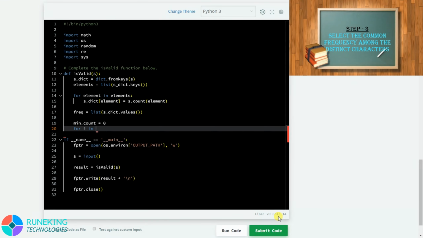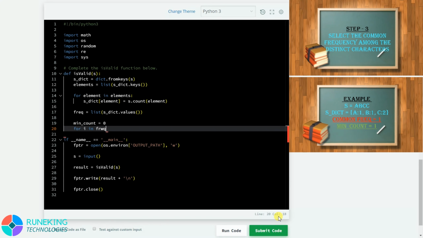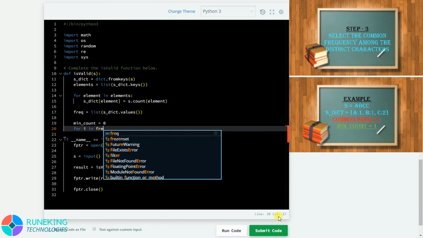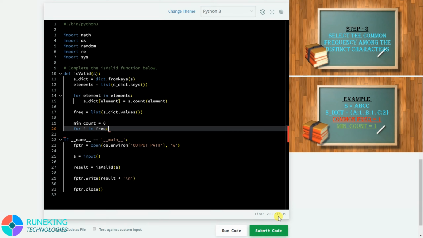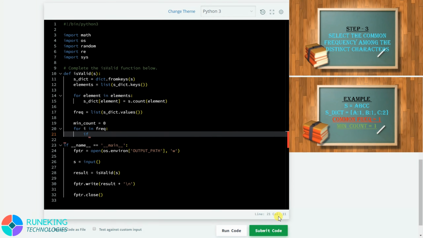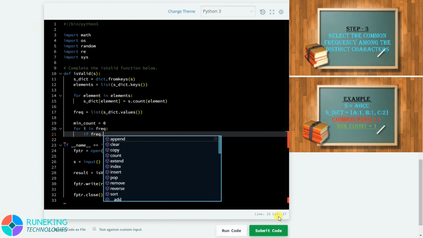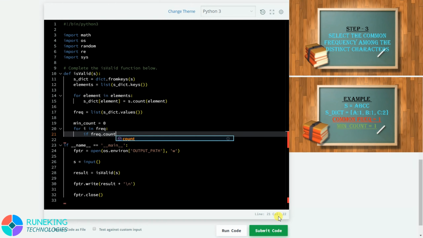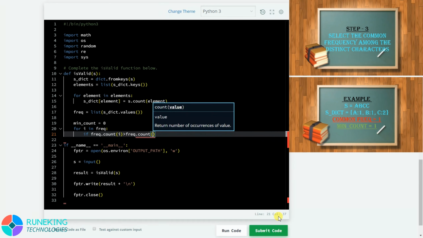So for i in frequency, if frequency.count of i is greater than frequency.count of min count.